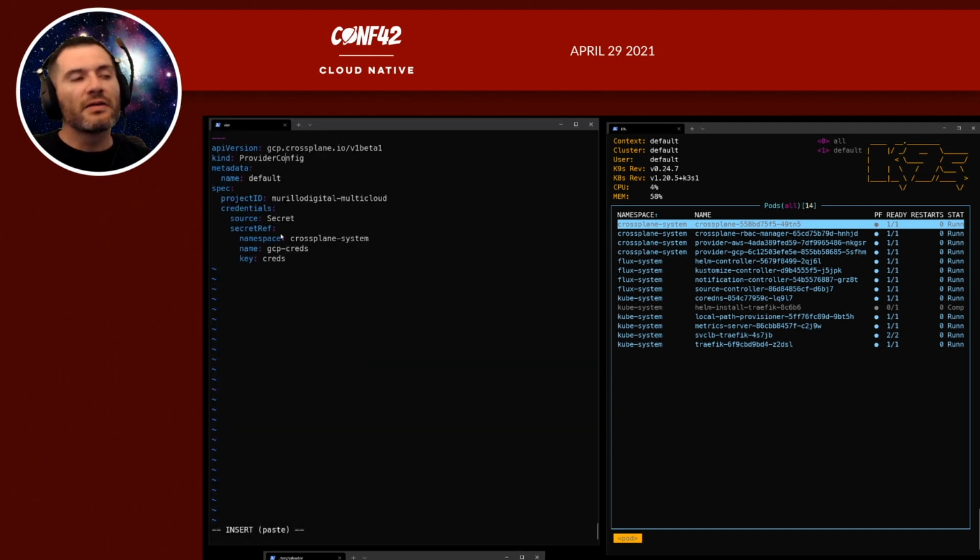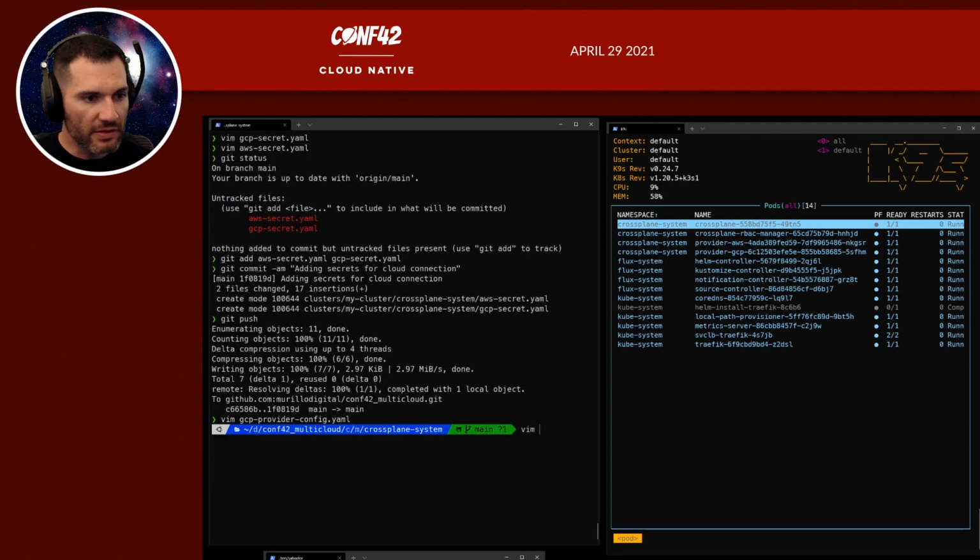The provider config kind of object is also made available by Crossplane. There is a namespace for GCP, and there's a namespace for AWS, and a namespace for the other clouds. Here we're basically configuring how we're going to talk to this cloud provider. We're specifying which secret we're going to be using to talk to the cloud, and in the case of GCP, which project we want to create our resources in. And that's about that. So let's also create the AWS provider config,